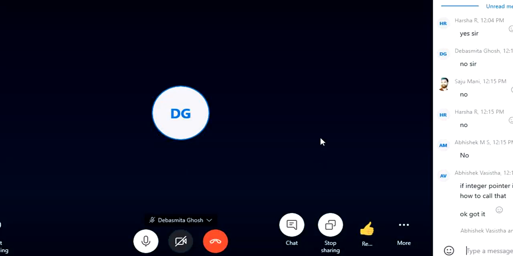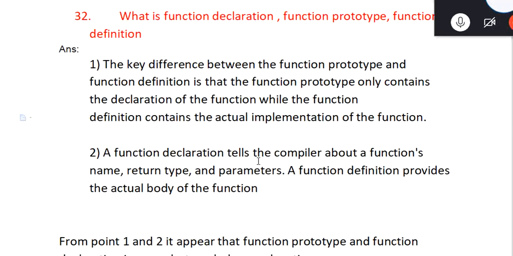Hello, sir. Yeah. Sir, the function prototype and function declaration are the same, and function definition is different. No, what I am asking is that you answer. Don't answer based on your memory. What I am asking is the difference between function prototype and function definition.